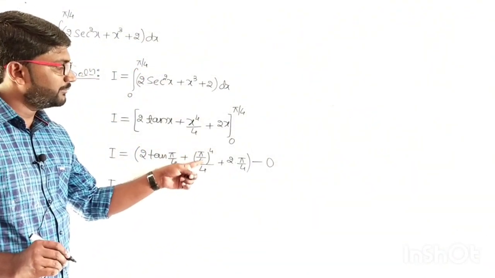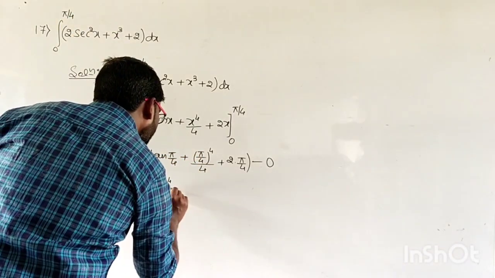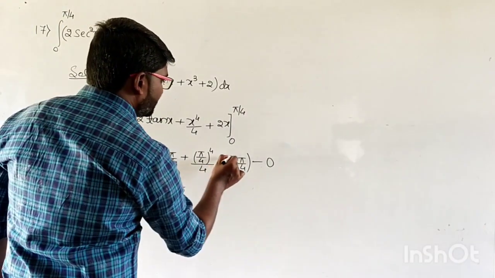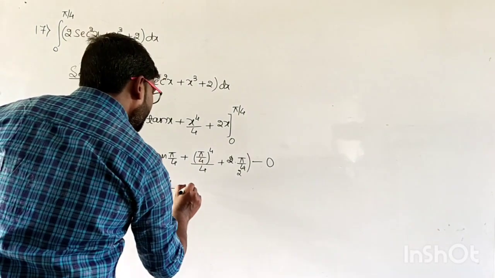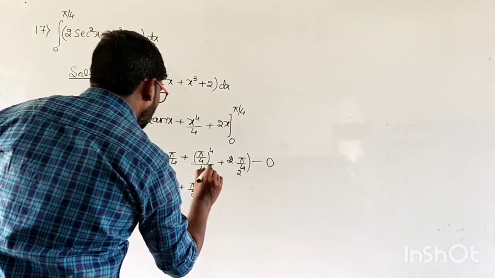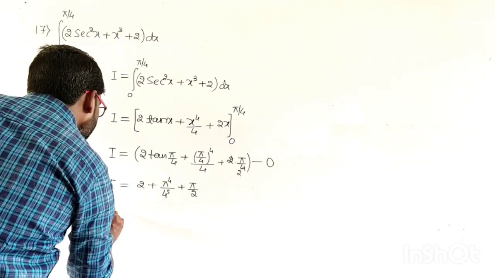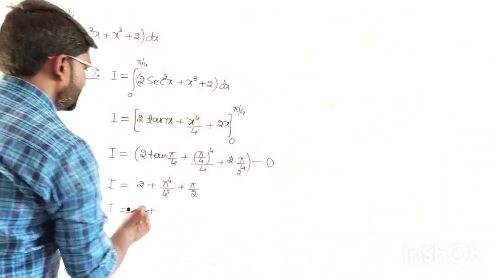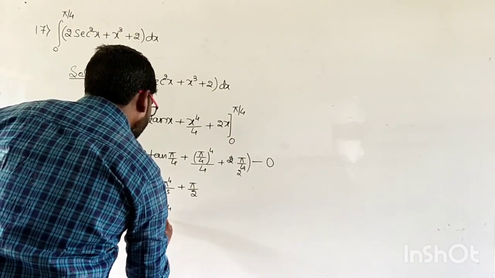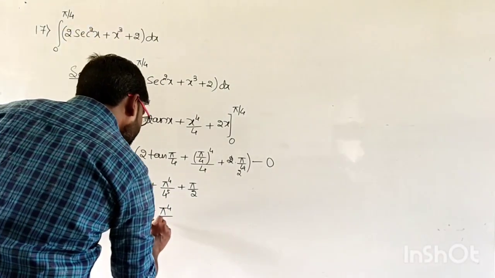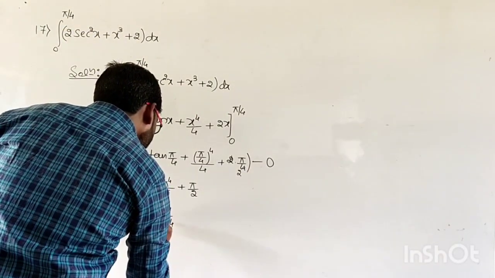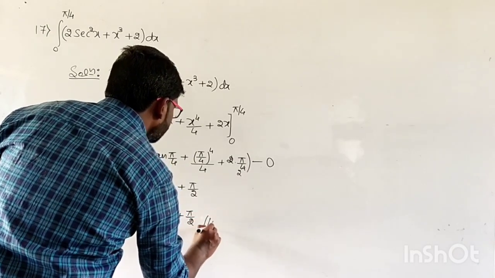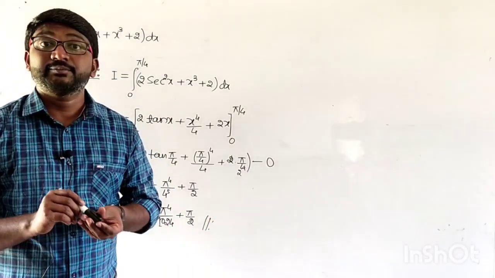4 raised to 4 and 4 multiply. These two will be multiplied. We get 4 to the power 5 plus, so here 2 ones are 2, twos are 2. We get pi divided by 2. So now in the next step, I, which is equals to 2 plus, so pi to the power 4 divided by 4 raised to 5 is nothing but 1024. So it is 1024 plus pi by 2. So this is the answer for the 17th problem.